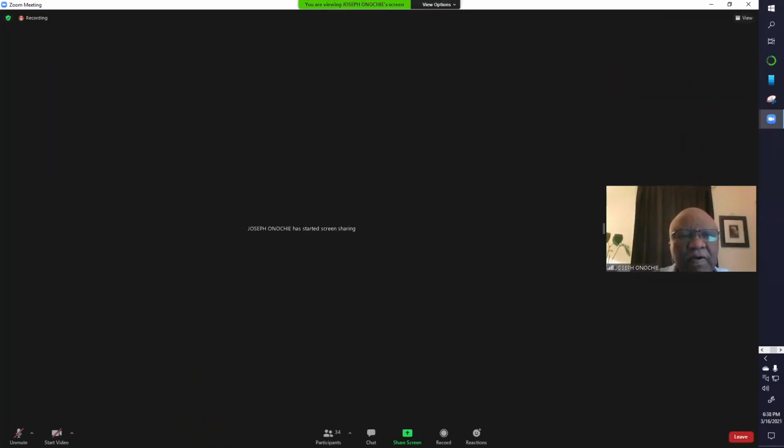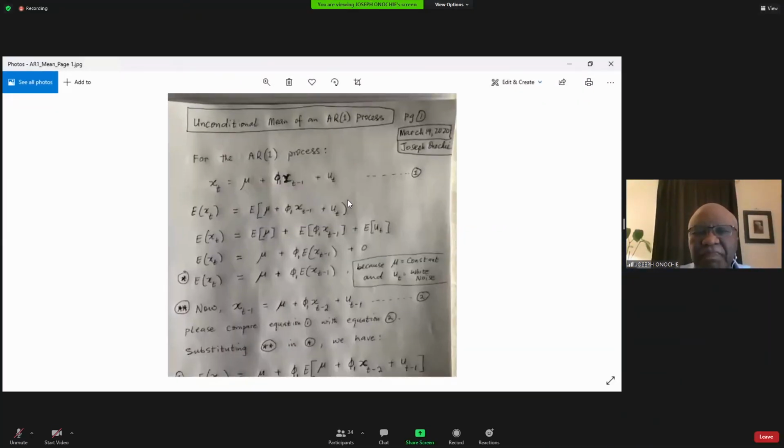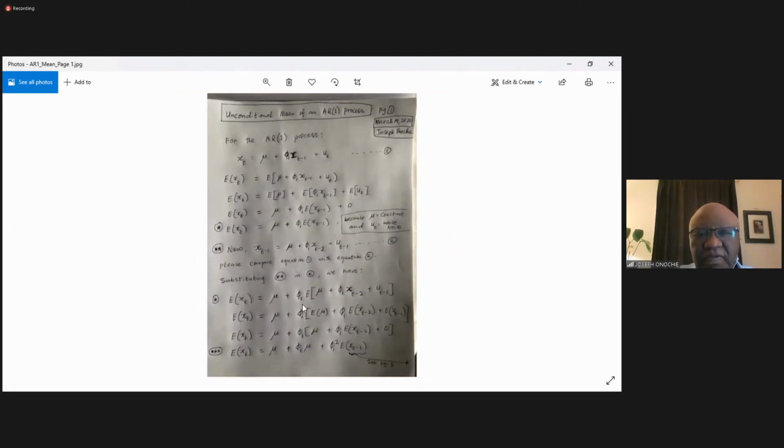All right. So I'm going to be quick now, okay? So please stay with me, everybody. So now I substitute this. Xt minus 1, because this is an AR1 process, must be equal to mu plus phi1 times xt minus 2 plus ut minus 1. Now, I put this equation in this, and if I do it,